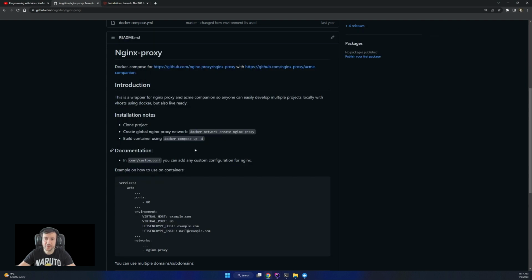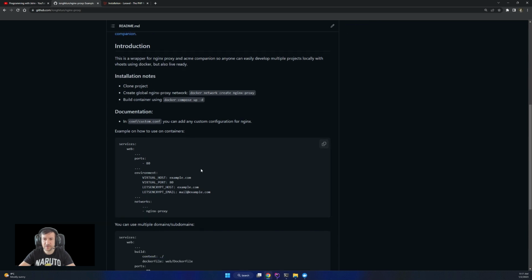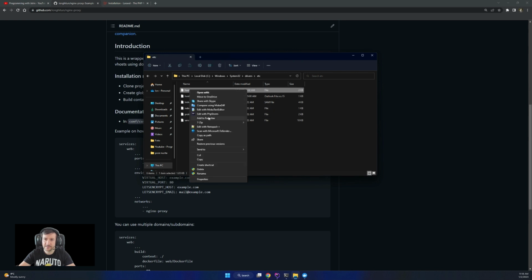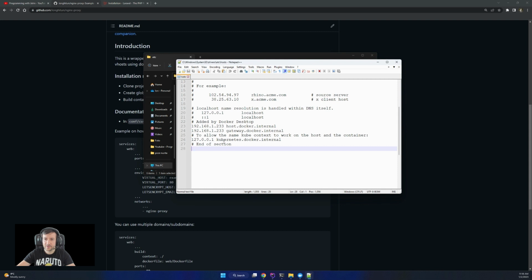And obviously, as previously with WAMP, having to define your name inside the etc hosts file still needs to happen. So you'll have to go to Windows, System32, drivers, etc, and inside there edit this hosts file, and we'll still have to add 127.0.0.1, which is localhost, pointing to your name.